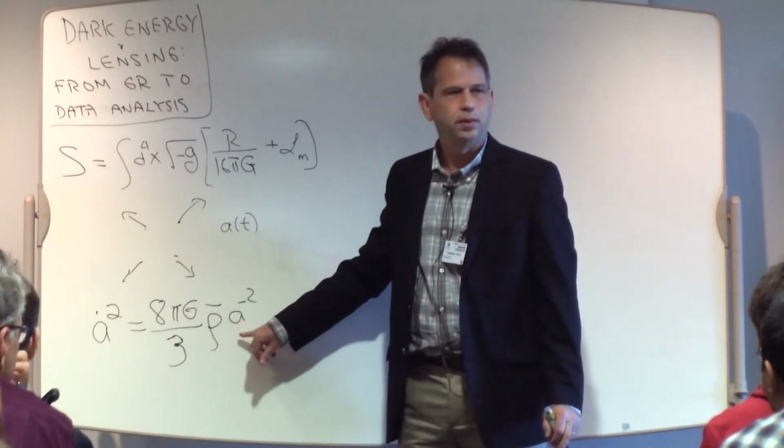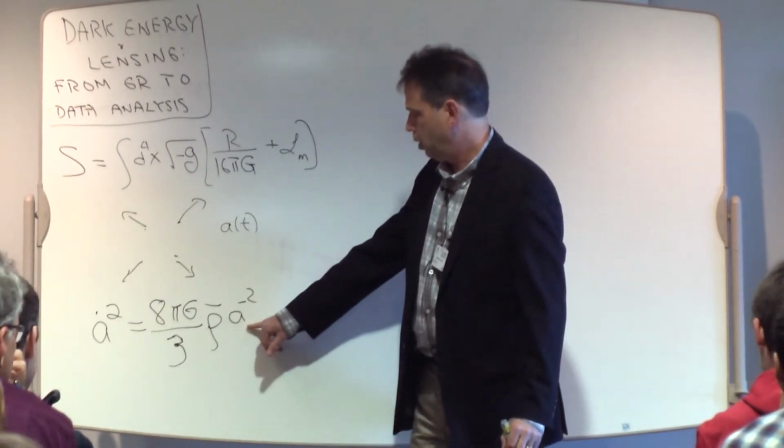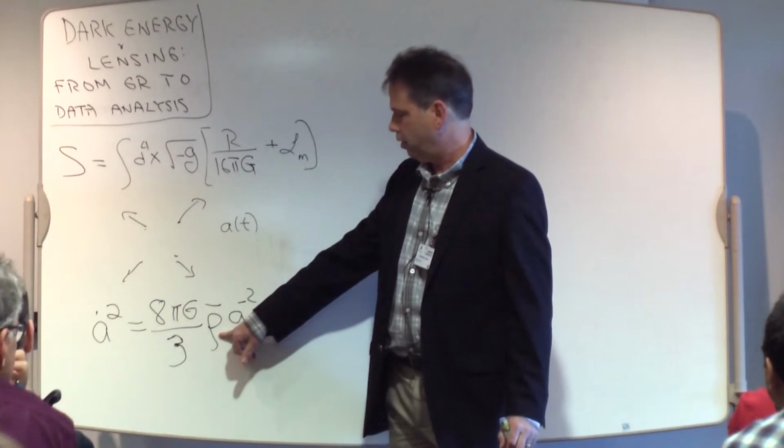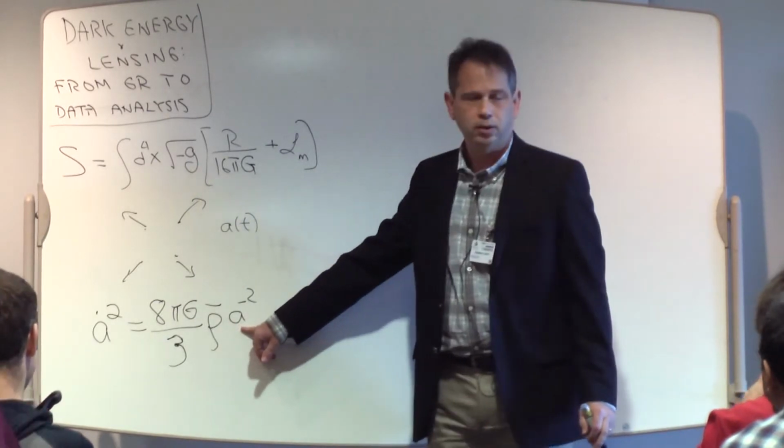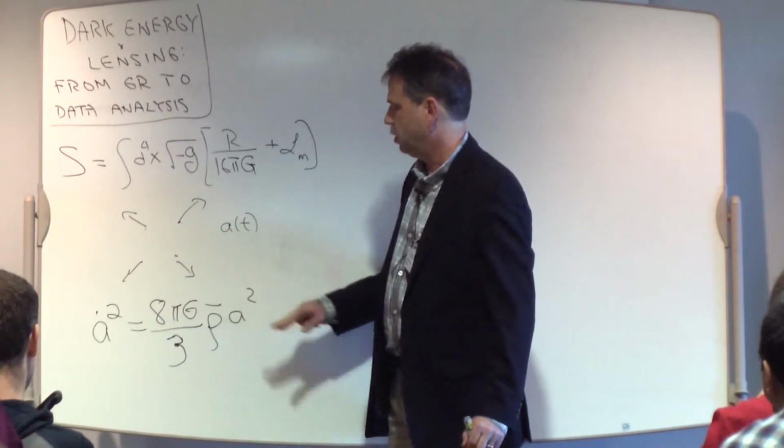Is this difficult to see from the back? Is that it? Okay, that's too bad because there's only one blackboard. But then there's, so this is the average energy density, and this is the 2 powers of the scale factor. Actually, it's plus 2 powers. So it's 2 powers of the scale factor.